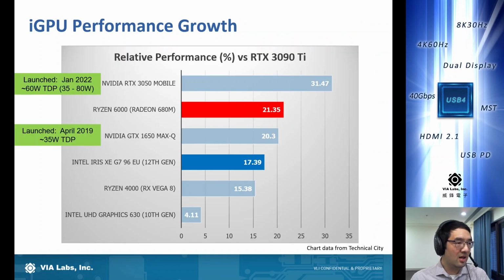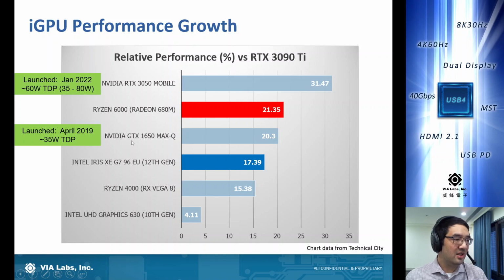On the next slide, in order to drive the displays, you need enough graphics horsepower, right? One of the trends we've been seeing is that the integrated graphics in PCs and phones have been growing at an exponential rate. You're getting a lot more performance out of graphics generation on generation than you are with CPU performance. The blue bar down here is the current Intel 12th gen integrated graphics, and if you compare that to their 10th gen graphics, it's a huge improvement. And in red here, we have the Ryzen 6000 integrated graphics.